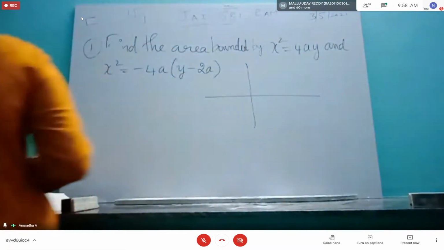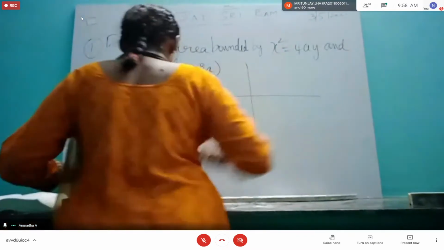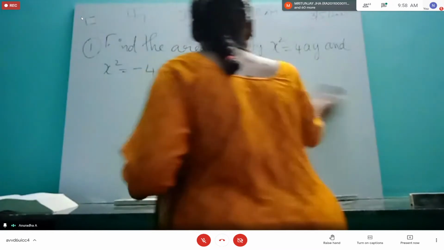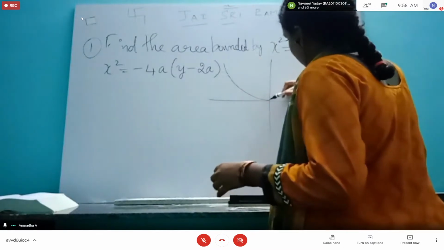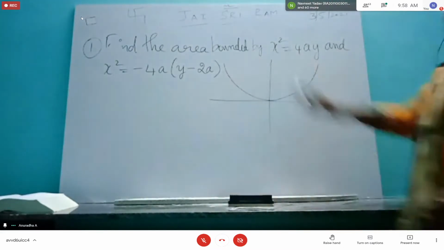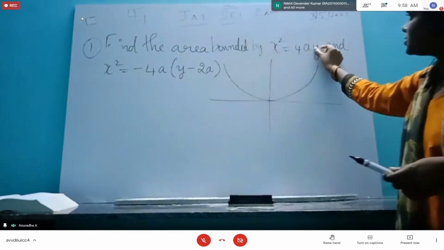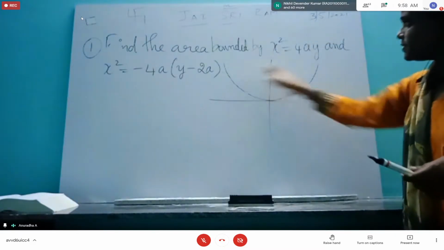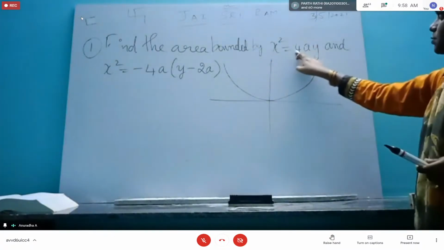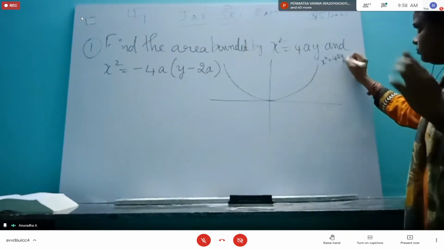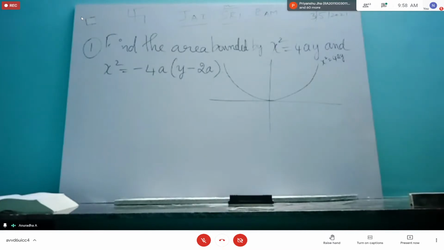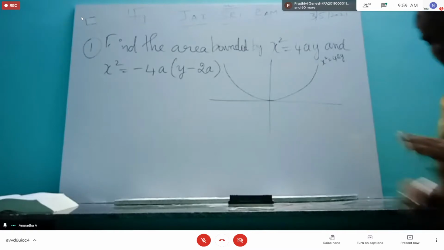So x square equal to 4ay is obviously this curve. Draw a perfect curve, then only the intersection will be somewhat bigger. And it should touch the origin, because x is not having any plus minus, y is not having any plus minus. X is squared, so plus x and minus x both we are taking. Y is positive, so this will be that region. So you can write x square equal to 4ay. This is the equation. What about the other equation? That's also going to be a parabola, but where it will be located, we don't know. So what is the other tool we have in our hand? Please use that so that we avoid mistakes.